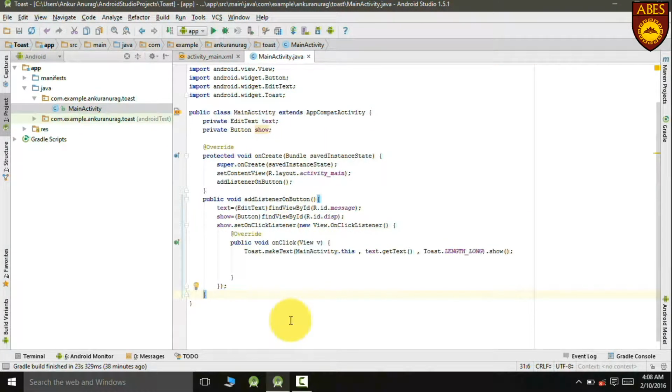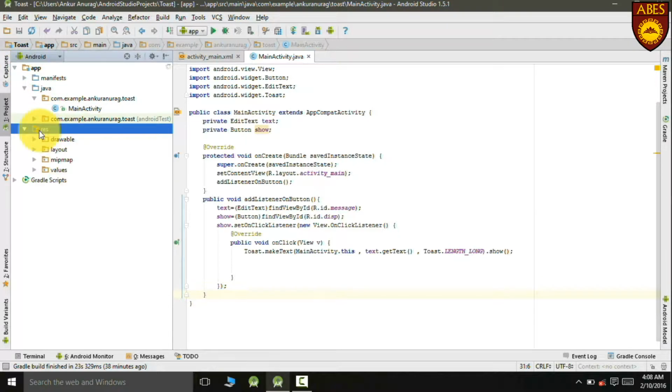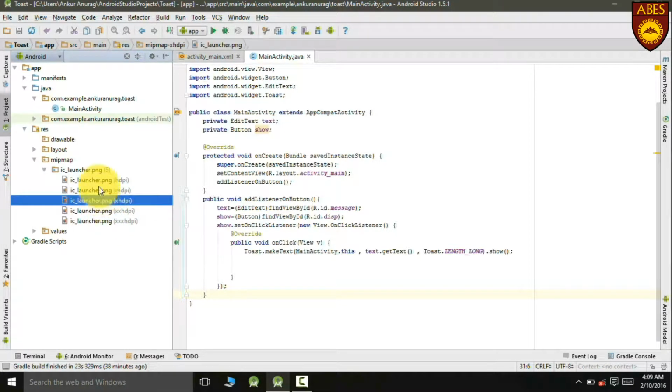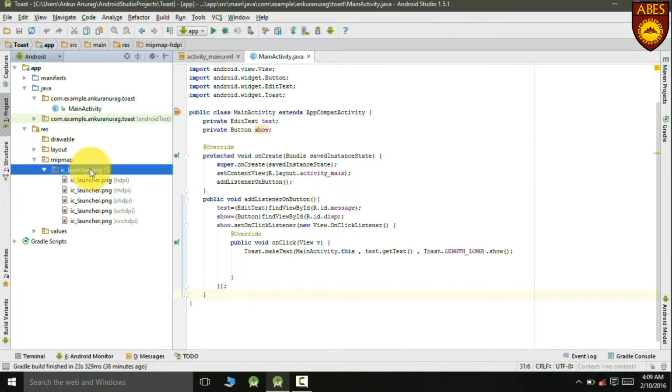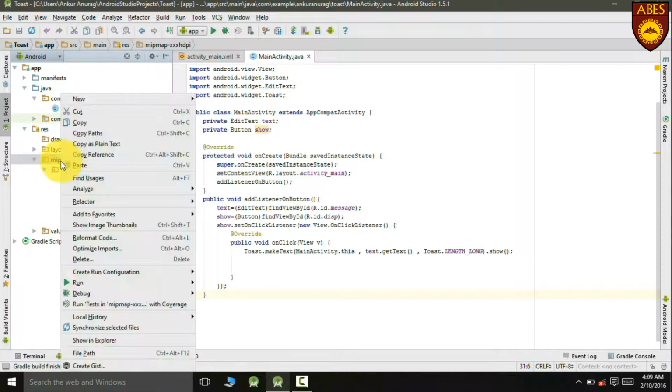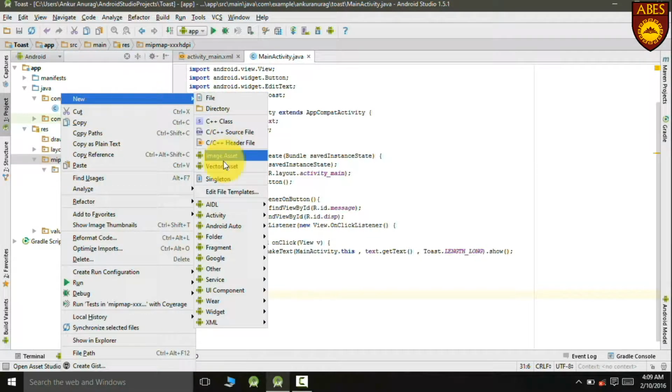Now we will talk about changing the logo of our application. For this, go to app, resources, and mipmap. You can see this folder ic underscore launcher.png. There are 5 images inside it. These are the images which are the default app icon provided by the Android Studio. To change these, right click on this mipmap folder, go to new image asset,